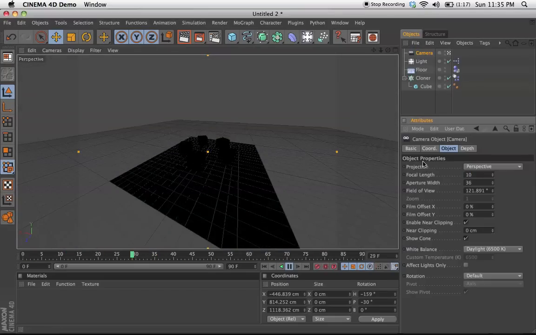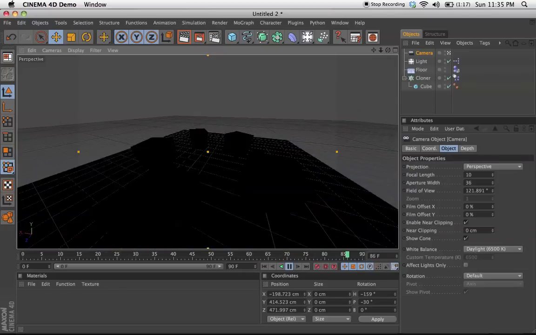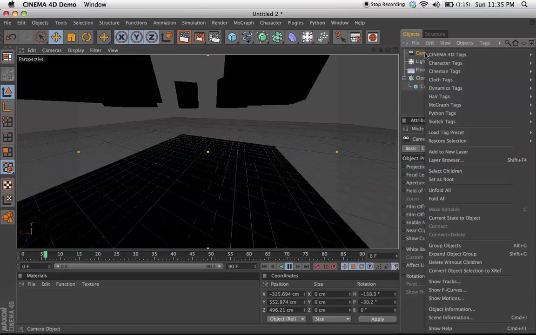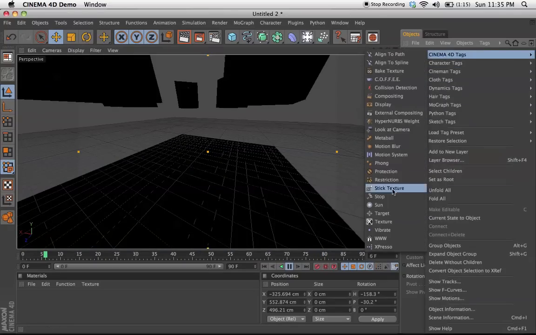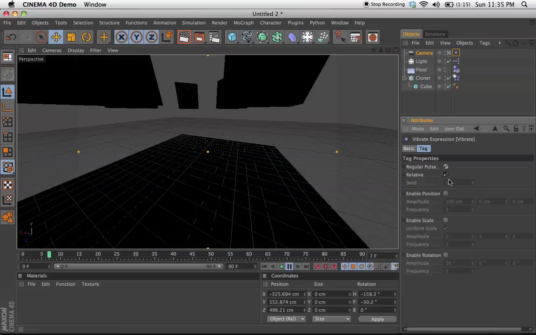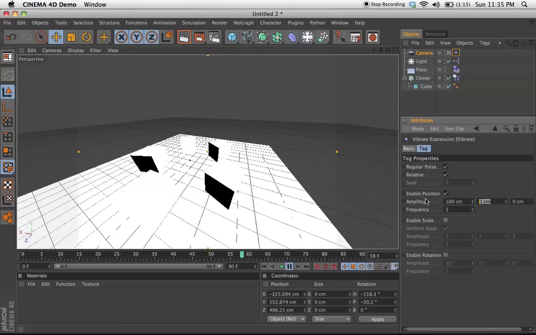So let's put this camera in here, and you know, since this is really mundane and crappy what I'm doing, I have to add movement to the camera, so it kind of seems like something's happening when it's really just nothing happening but a bunch of crap.